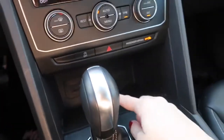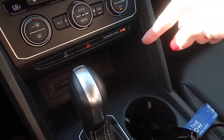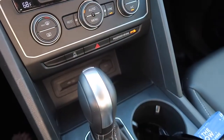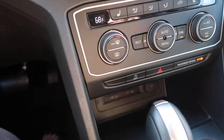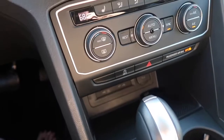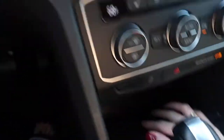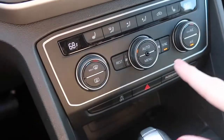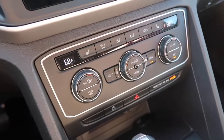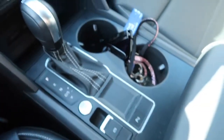Down here you have the newer ports for the iPhone. So if you do have an older iPhone, you're gonna have to get one of the adapters. But if you just lay your phone in here too, it also charges it. But I have a pop socket, so I usually just plug it in. And then your normal straightforward functions. Like I said, I love this car because it's super user friendly, and everything is just so nice